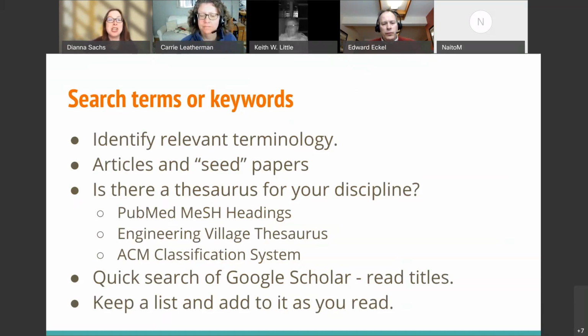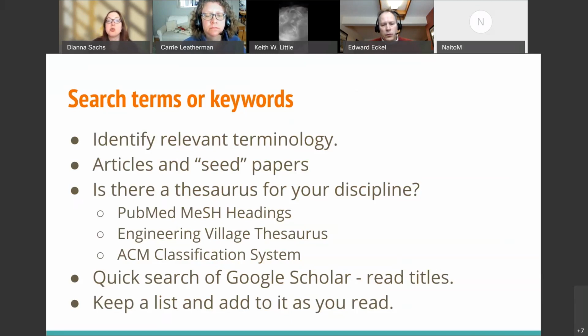So it's important to figure out what the terminology is that's being used to describe the information, whether the information is an Instagram post or an academic journal article. You need to figure out what is the right terminology that matches with the information that the author or the editors or the database providers have chosen to associate with each piece of information.